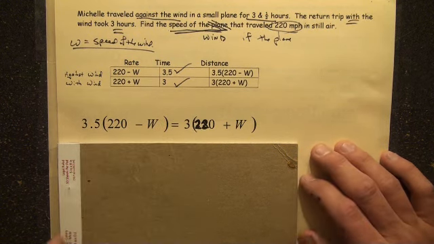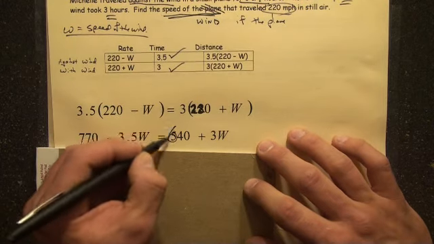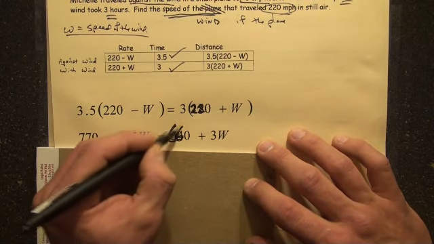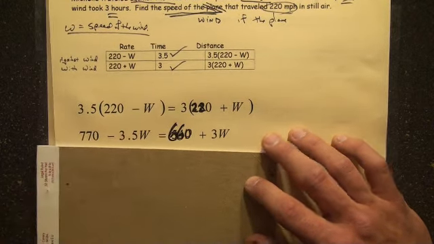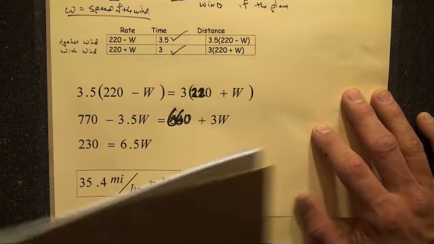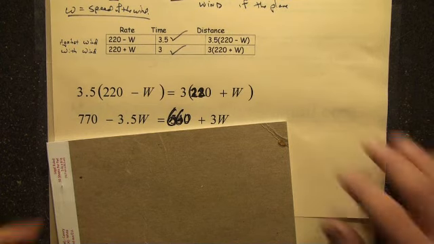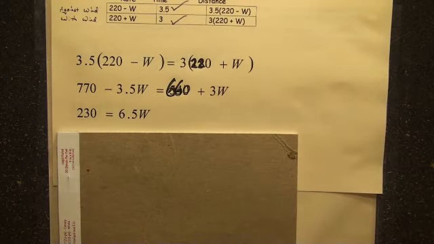220. All right. Then we multiply, and actually that number is wrong. That should be 660. We're going to be making some corrections on this one. Hey, that's the way the world works. No big deal. And let's see, this side's okay. 3.5 times 220, let's just double check. 3.5 times 220 is 770. Now we're going to subtract. This should be